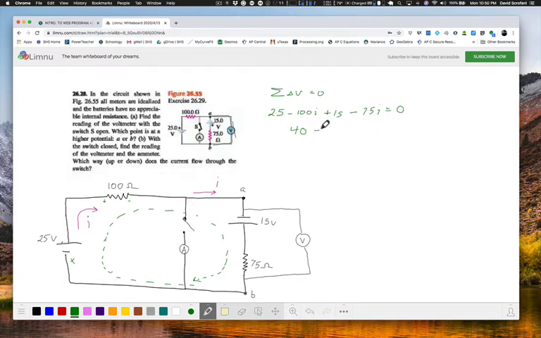This is negative 175I. I think it's because I don't want to make a mistake in front of everybody. All right, so 25 and 15, yes, 40. Okay, 40 minus 175I equals 0, which gives me a current of 40 divided by 175,